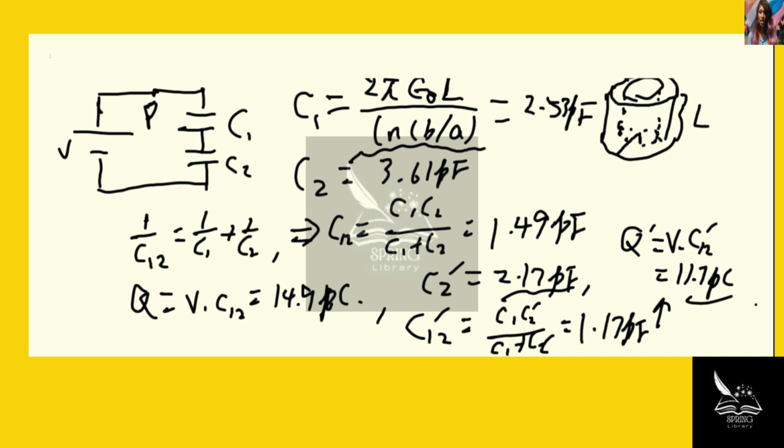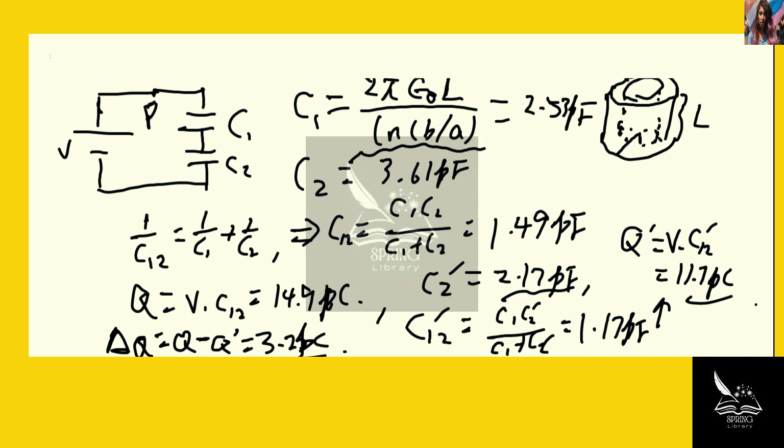So the change of the charge, delta Q, we just use the absolute value here, Q minus Q prime, which equals 3.2